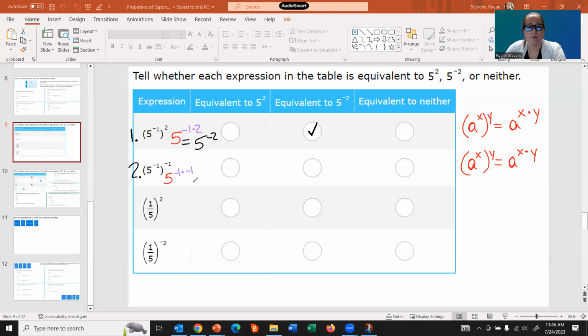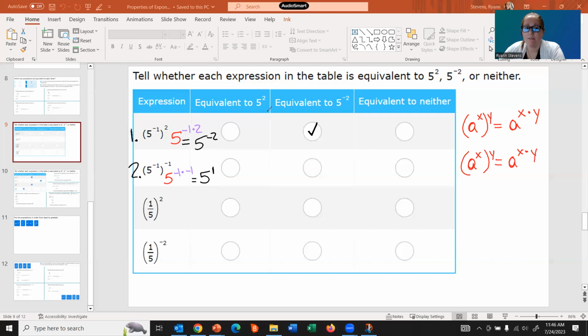We have to remember those rules of integers as well. Those do not go away. So we have to remember when we're multiplying, if the signs are the same, your answer is positive, and if the signs are different, your answer would be negative. And so -1 times -1 is going to give us a +1, which when we look at our answer choices,